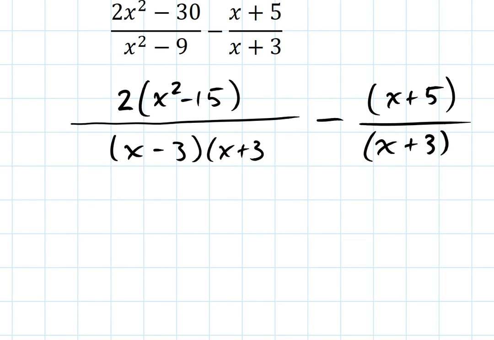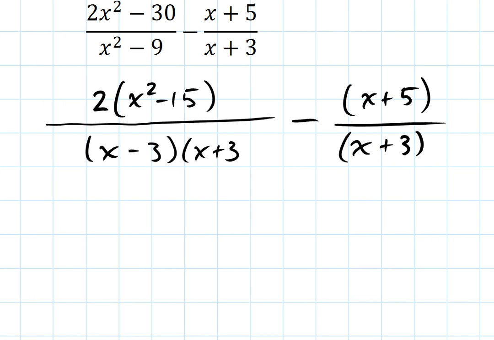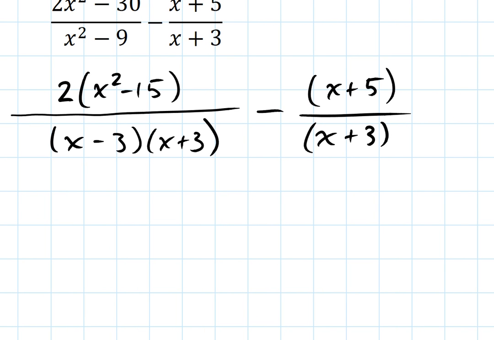Okay, so in this form, I can see quite nicely that my denominators already both have a common factor of x plus 3 in them. What they don't both have is an x minus 3. So I just need to include this factor over in this fraction. So I'm going to multiply this fraction by x minus 3